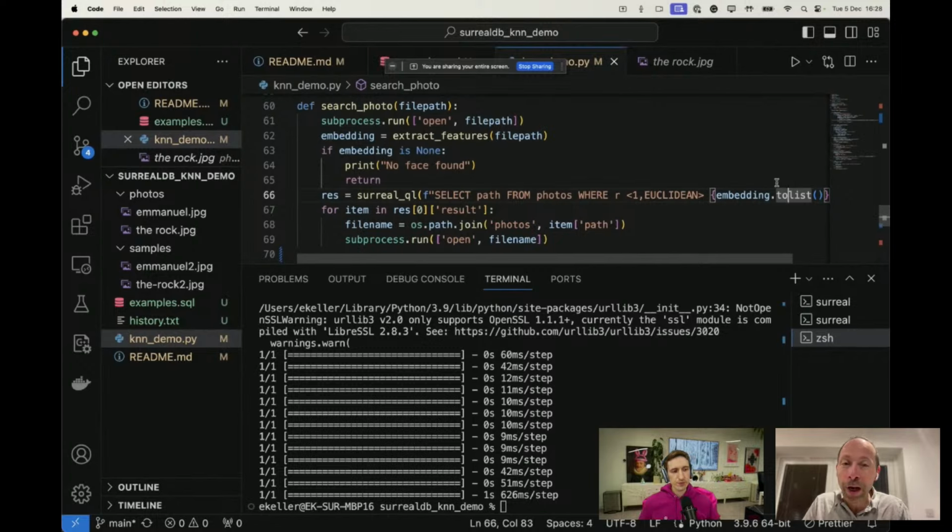Sorry, that was a hard demo, but I will share the link, and I think once you see how simple this project is with Python, it's just 10 lines of Python and SurrealDB with KNN. You will see, and there are so many different use cases. It was face recognition, but there are so many other things that you can build from that.